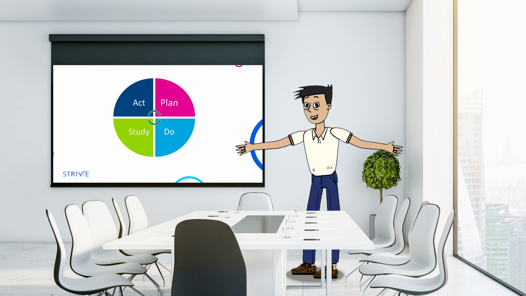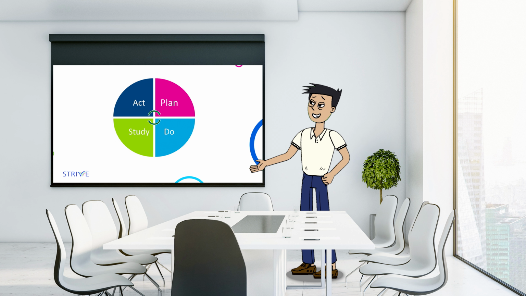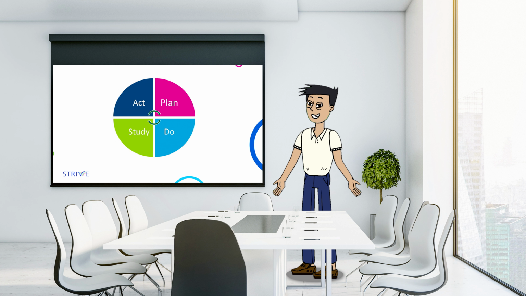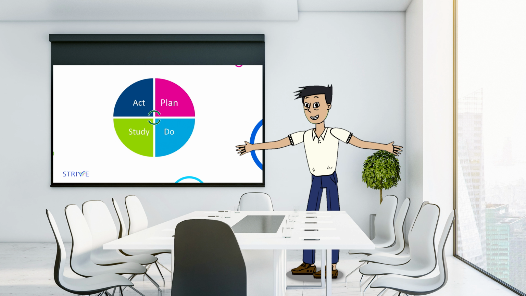The next step then would be to implement one of these ideas and try them using the framework as seen on screen. So the plan might be that we want to think about moving the stores closer together. The do would be implementing that change and actually physically moving them and changing where the stock is located. The study would then be to rerun collecting the stock and seeing what actually happened, and the act would then